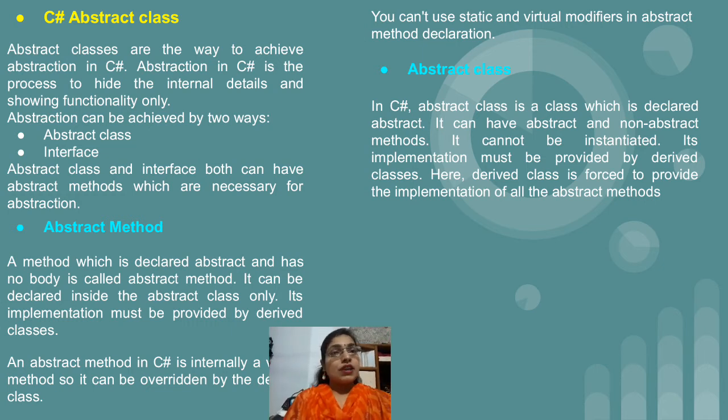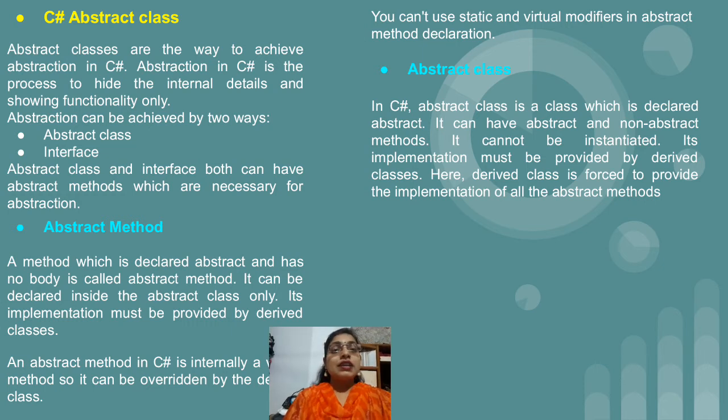As we are having abstract class, we are having abstract method also. We should see some important points. First point about abstract method is that abstract methods are by default virtual in nature. As we have seen in the base keyword concept, we have used the virtual keyword. Always we make the base class method virtual, and if the derived class wants to inherit that particular method, then the method is declared with the override keyword, right?